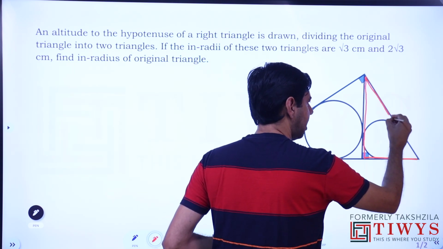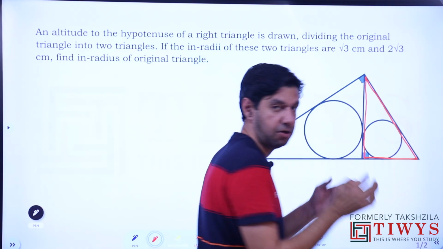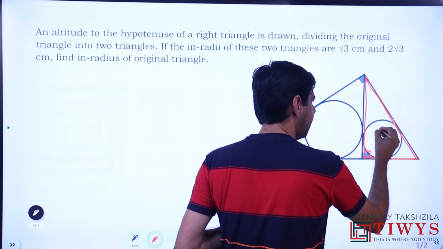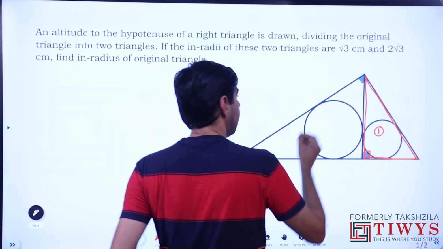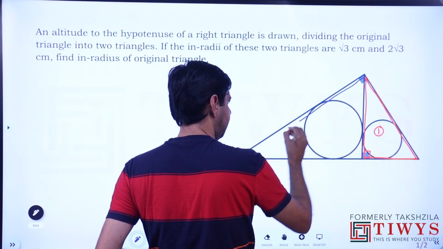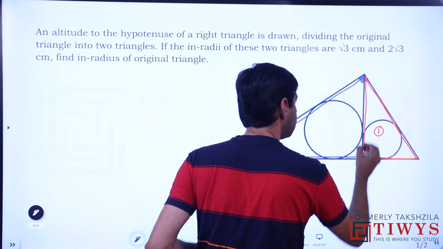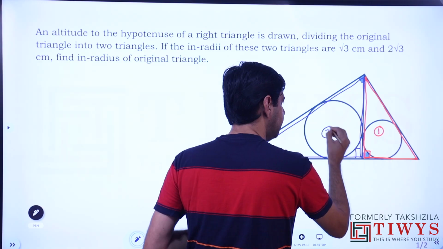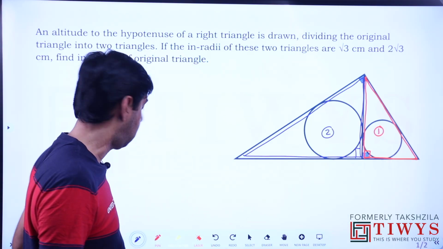It's a good idea to start from the smallest. You have an order in your mind: smallest, second, then the largest. The smallest is a right angle triangle. Let's call it triangle 1. Triangle 2 is the one on the left. It is also a right angle triangle. Triangles 1 and 2 do not overlap, so they are easy to think and work on.